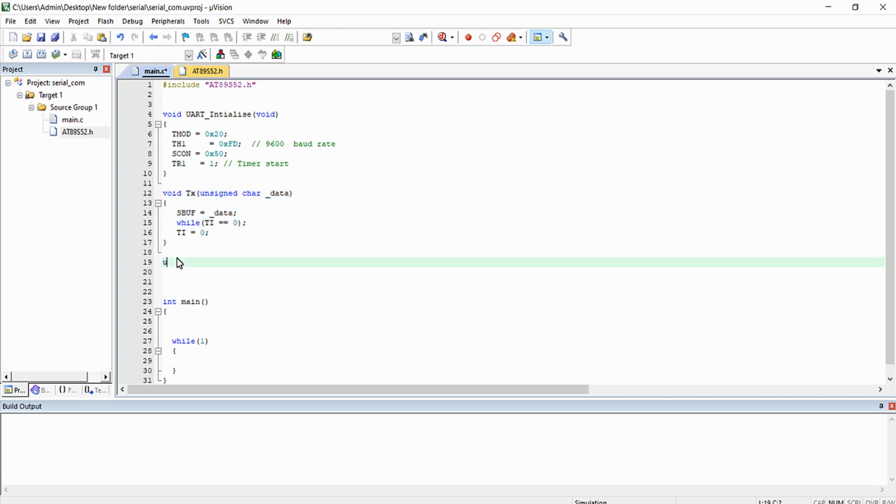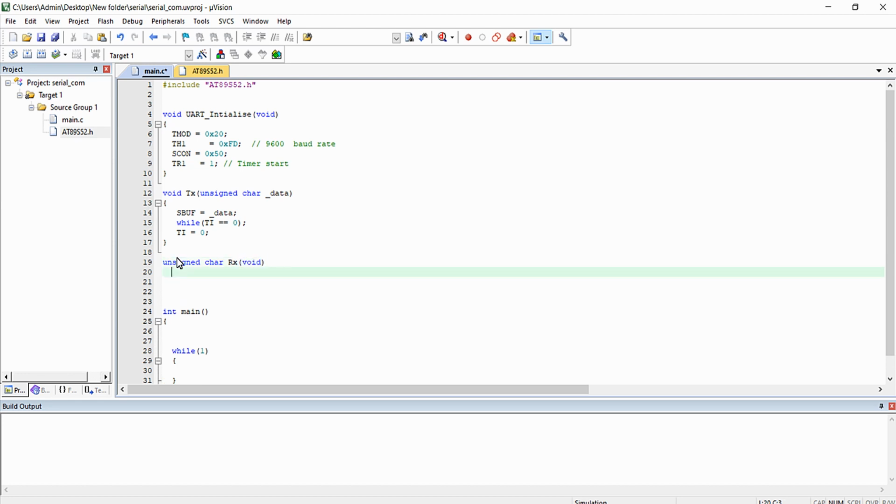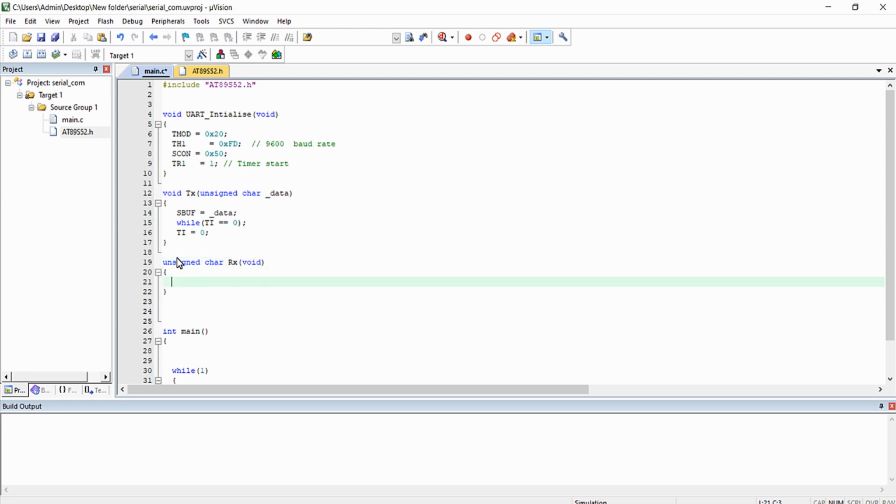The third function is, as I said, the reception function, Rx. This function receives no parameters, but initially we will wait till the reception is complete. In our case, the reception completion is indicated by the RI flag.